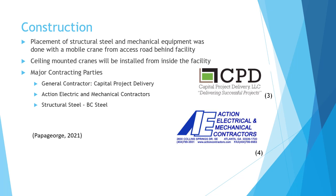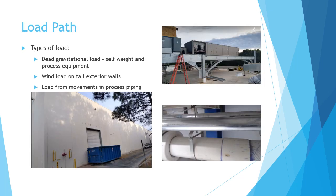Though O'Neill was responsible for architectural and structural design work on this project, capital project delivery was responsible for general contracting work with major subs involved, including Action for electrical and mechanical work, along with structural steel performed by BC Steel. For information on load paths in this structure, the structure is designed to take heavy gravitational load from mechanical